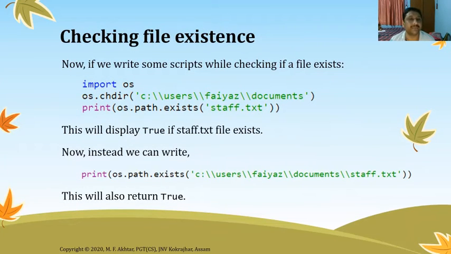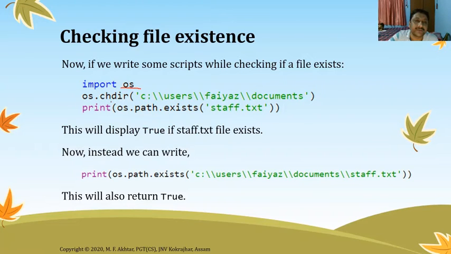See here the example, checking file existence. During a program we can check whether a file exists or not, and decide whether to create the file, or proceed, or display or read the file. For that purpose we can check in the program using this. There is an OS module, and we have to import it before using any operating system related functions. Now if we write a script to check whether a file exists, we can do it like this: